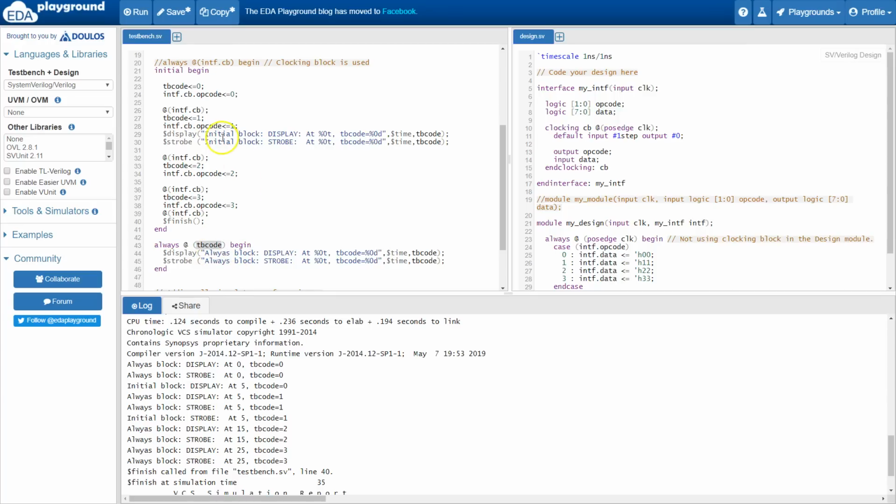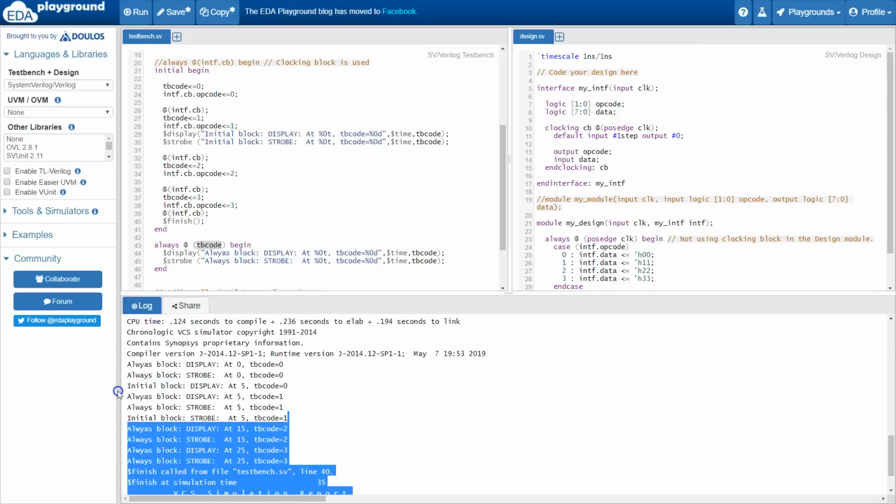As I said earlier, TB opcode is getting changed again in the same 5 nanoseconds through a feedback loop, and at that time the always block display is printing TB opcode is equal to 1. After this, the always block and initial block strobes will be executed. They can come in any order because they are 2 independent blocks, but both of them will give the postpone value of TB opcode, which will definitely be equal to 1. Just by looking at these 4 messages at 5 nanoseconds,